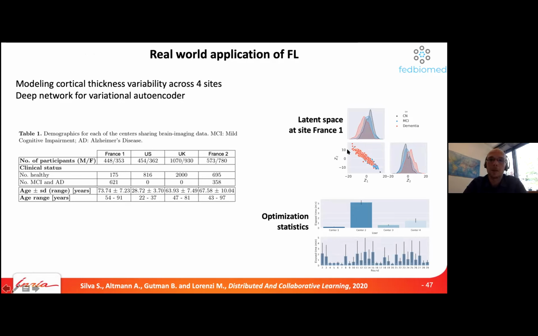At the end, we obtained a variational autoencoder latent space that was able to even discriminate dementia from controls, which was very, very nice to see, although the data there was a little bit of everything. So it was brain data in general, healthy, young. And so just to show that this, as a proof of concept we presented last year, makes sense and works.